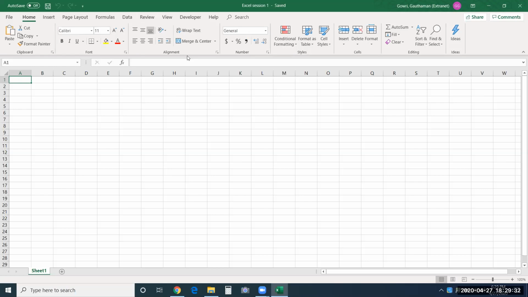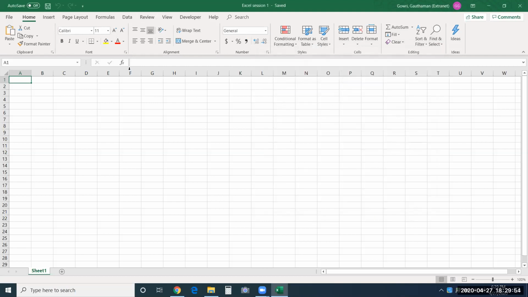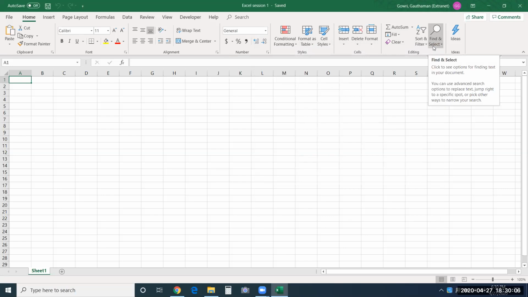And some groups you can also see have a small arrow beside them. When you click on it, it will show you more options that are available to us. So if you don't find something that you want in this place, you can always go for the extra options that it provides. This option is not there for all groups, only a few groups have it. You can see here, this one doesn't have it. So wherever necessary, you can click it and you will be able to see those extra options as well. So this is your ribbon part.